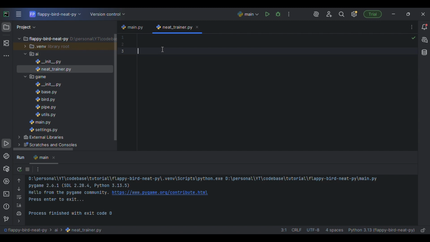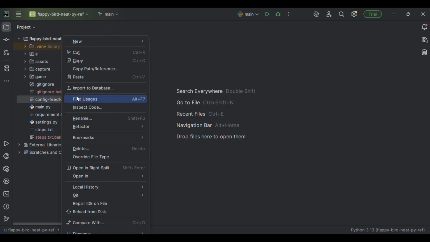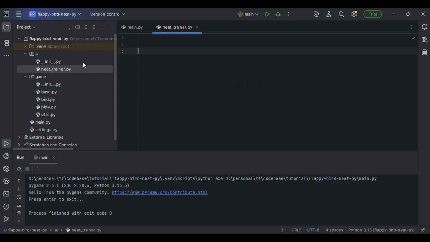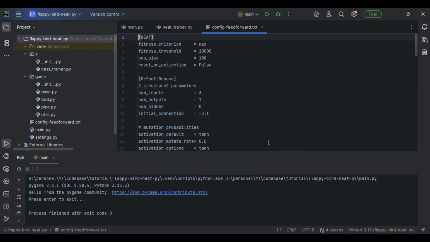And to run this game, we'll need some configurations related to NEAT that we need to feed it. So I will not create it from scratch, I will copy it from my previous reference that I have. Let me copy it, and anyway I will share these files. Let me paste it here, and it has some configuration like how much fitness it should have to consider it the fittest, and what should be the population size. So it's how many population will be created in each species,